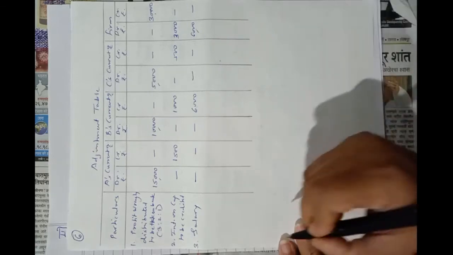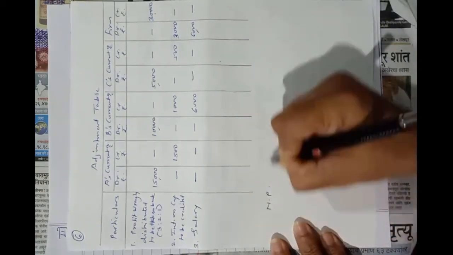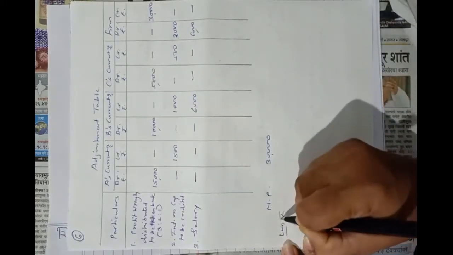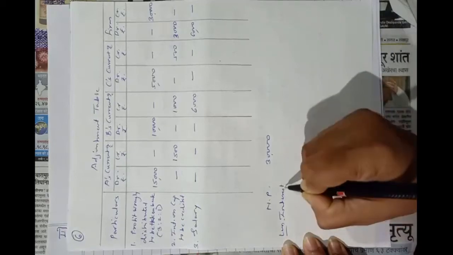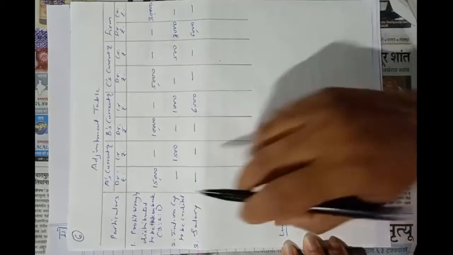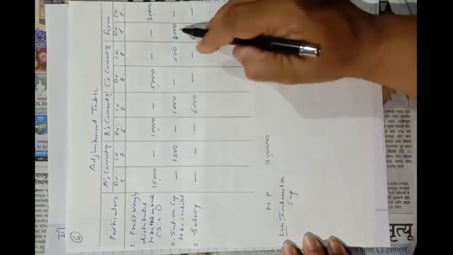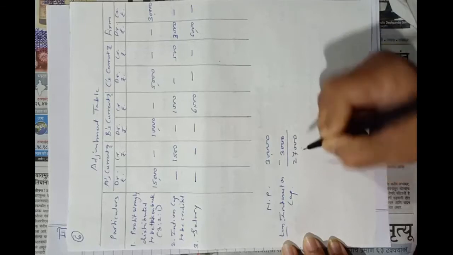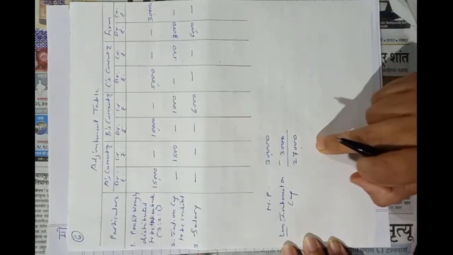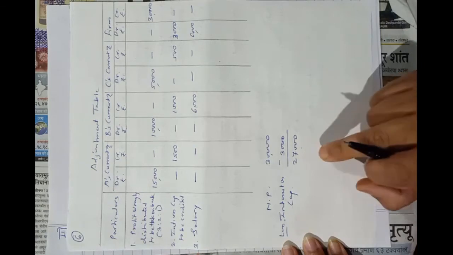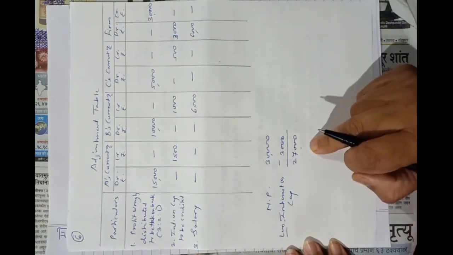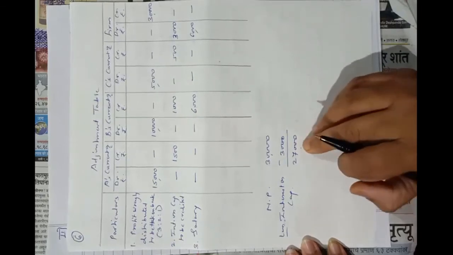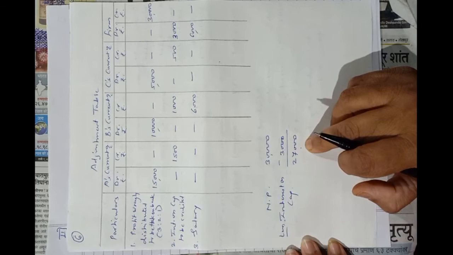This is the meaning. So here I will show you net profit 30,000. Less interest on capital. Total interest on capital is 3000, so we will deduct 3000 from this amount. Net profit after charging interest on capital is 27,000, and this is before deducting the salary amount from this amount. So now C will get 5% of 27,000 commission.